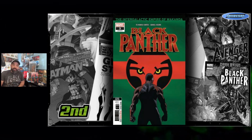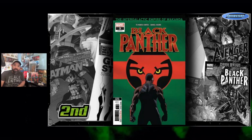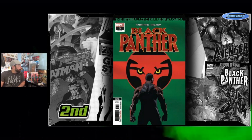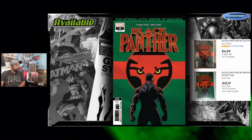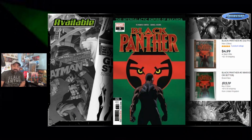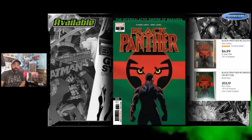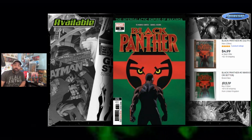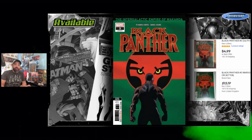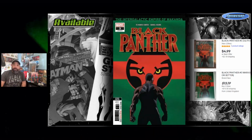Again, check the barcode. You can see it a little more plainly now that they've added the black box around it on the second printing to make them stand out a little bit more. Available copies on this, it's as cheap as $5 up to about 13. Yeah, pricing not terrible. This is more like issue 1. It's not too bad. Maybe you can find this just in a regular back issue, recent cover, recent back issue box where you pay cover price, maybe even a little bit less for one like this,